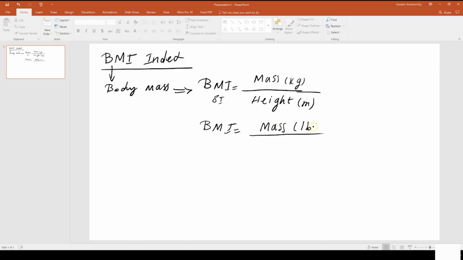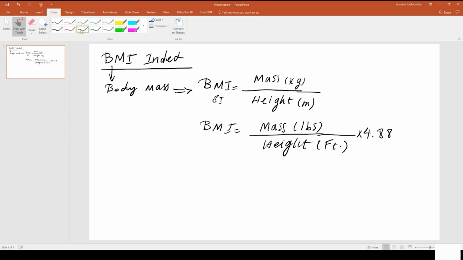in pound, and then height in feet, squared, multiplied by 4.88. So there's a conversion, right? There's a conversion between these two units of measurement. And if you're wondering where that 4.88 unit came from,